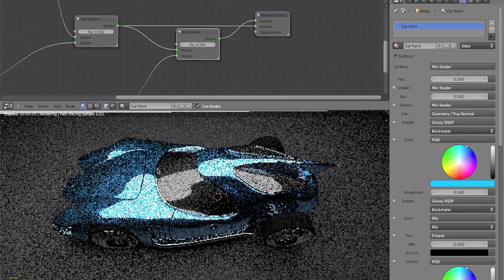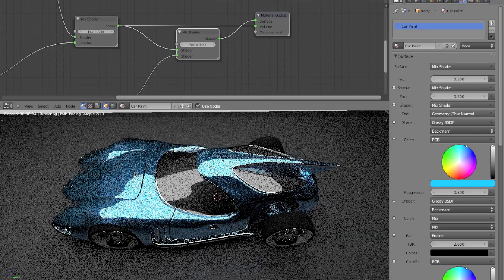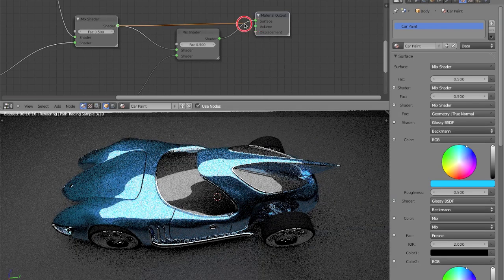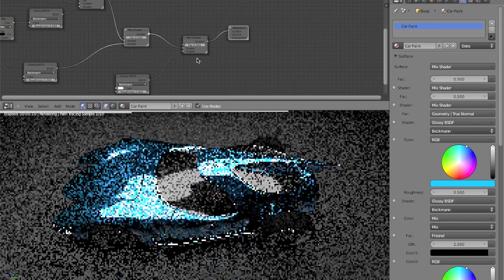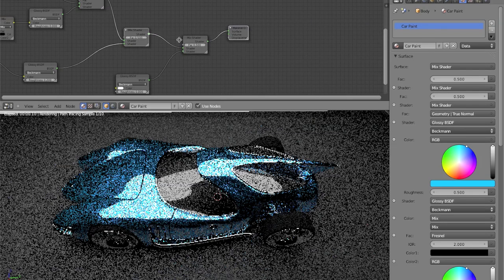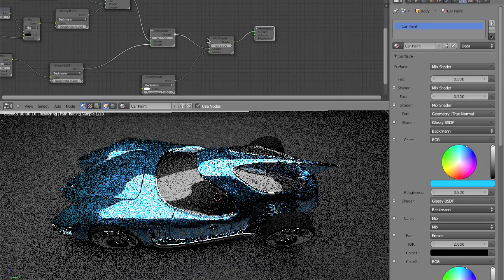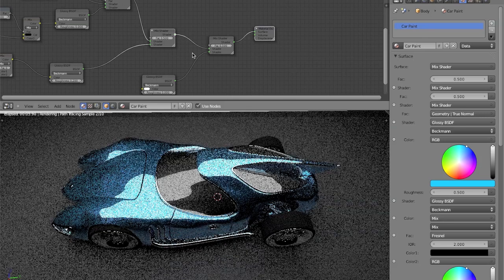We've added these white highlights. These make it look shiny. Before it looks kind of dull, but now it looks shiny and almost wet. And we want that. However, it's too solid and too bright for us. We need to kind of tone it down. So what we're going to do is, instead of changing this factor